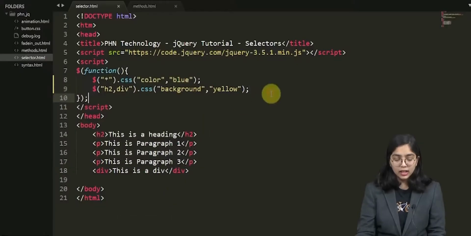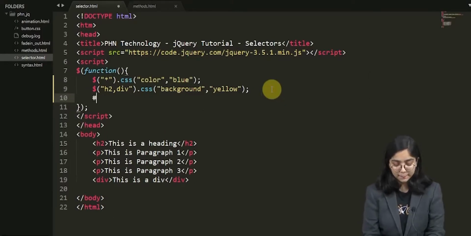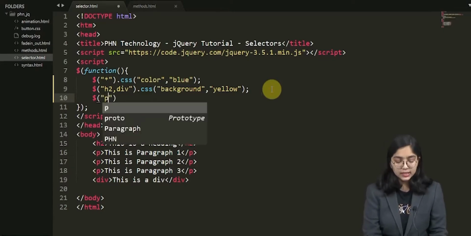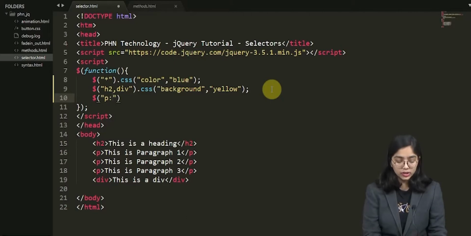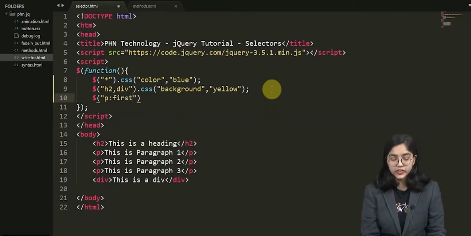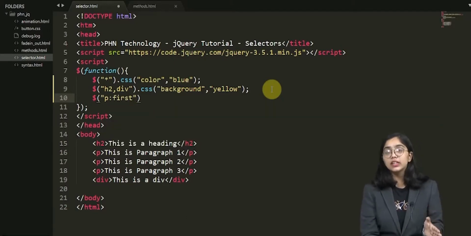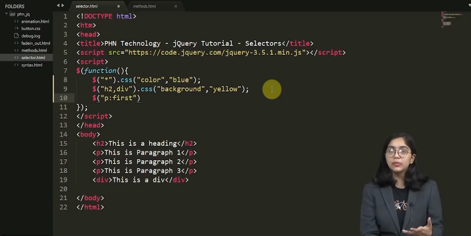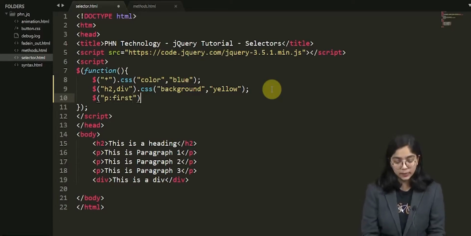Yes. After this, I just want to give the very first paragraph some particular styling. So how am I going to do this? This is my tag name, after that a colon, and here's my keyword first. In this way, there are many keywords which you can use to select an element when it comes to selectors in jQuery.